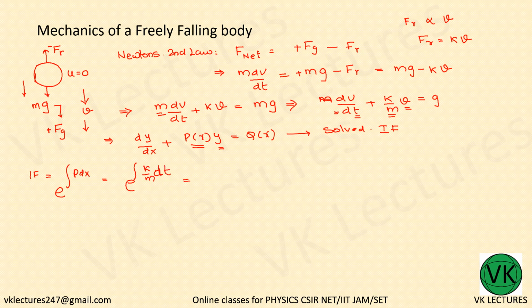So the integrating factor will be equal to e to the power integral k by m dt, that is e to the power kt by m. Now we can write the solution as the dependent variable v into the integrating factor e to the power kt by m equal to the integral of the integrating factor e to the power kt by m